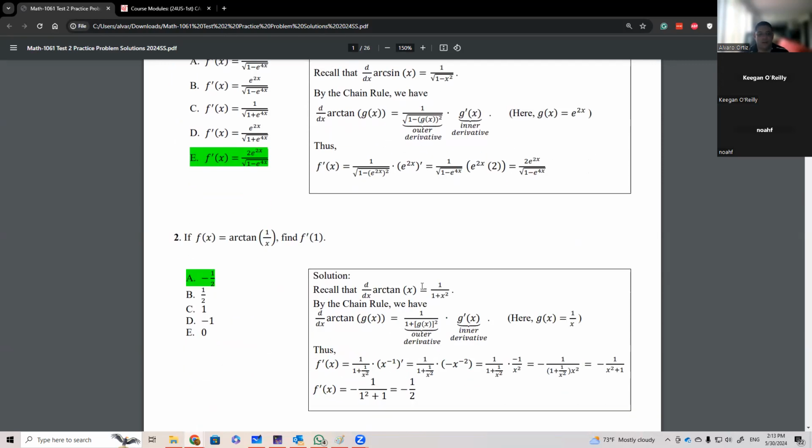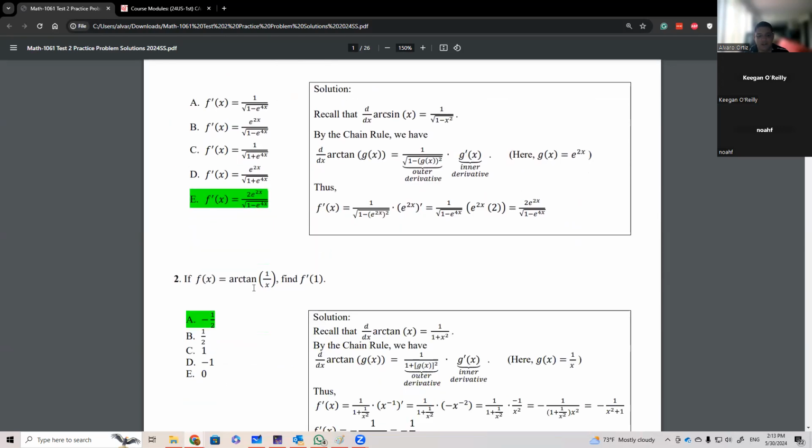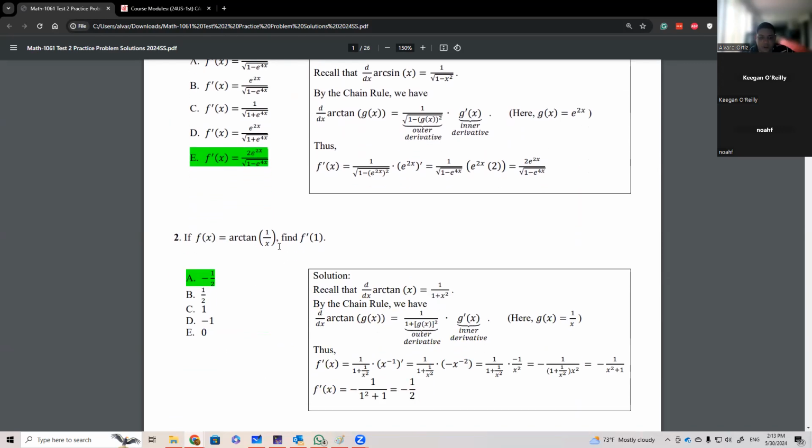A similar one will occur in here. We have our arcsine here. Now here we have the arctangent. So a good measure is always to remember what the base derivative is. For example, the arctangent derivative here is 1 over 1 plus x squared. And then we get to compose with whatever was inside. For a general function g of x, this will give me a derivative of 1 over 1 plus g of x squared times g prime of x.